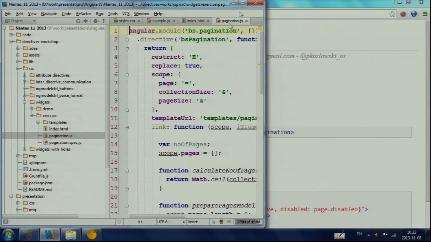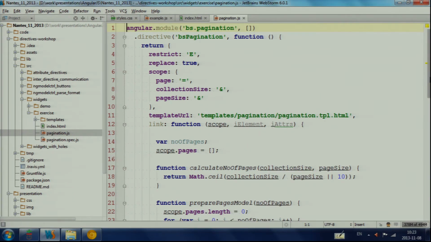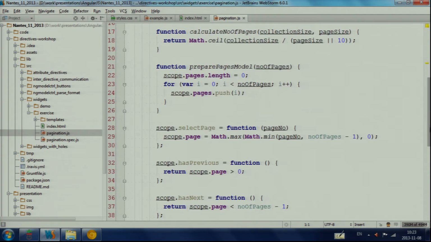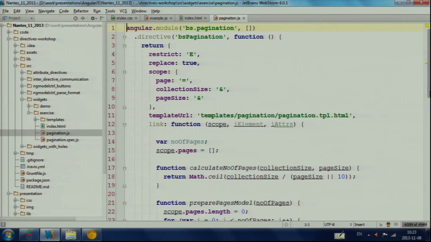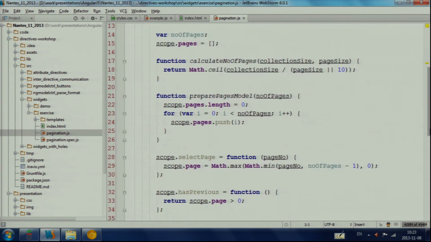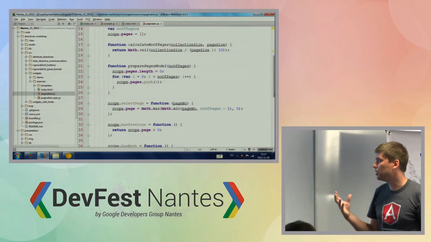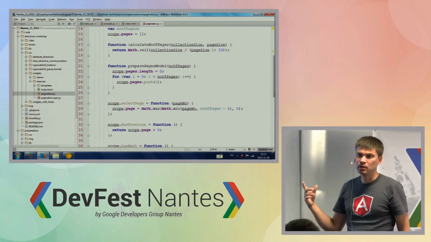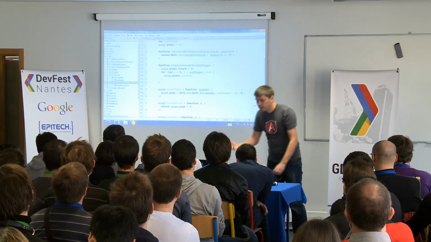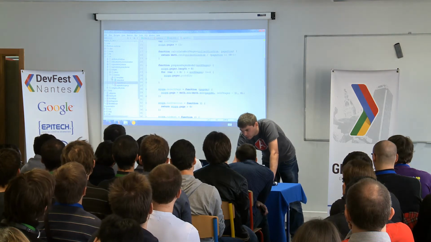So pagination. This is the definition of the directive. I don't want to scare you with this because there is a bit of magic here in how we declare directives. But if you scroll down to the meat of this directive, to the core of it, there is not much difference as compared to the applications that we've been writing. We've got a scope. We manipulate a model on the scope, and later on we can have a template for this pagination,